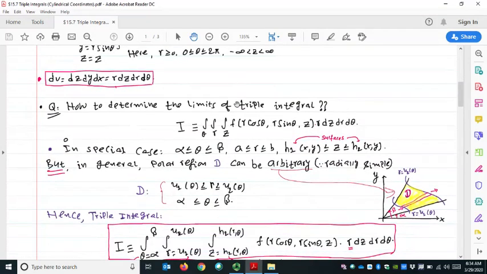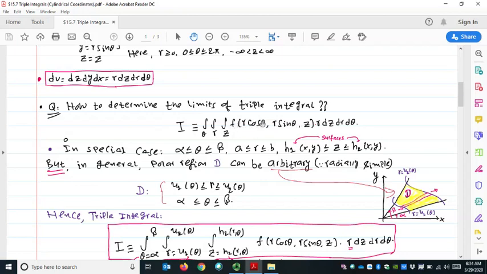At this time, let's ask ourselves the question: how do we determine the limits of triple integrals in cylindrical coordinates? Let me recall the triple integral template, where we represent a triple integral by I. So I equals the integral of our integrand function, f of r cosine theta,